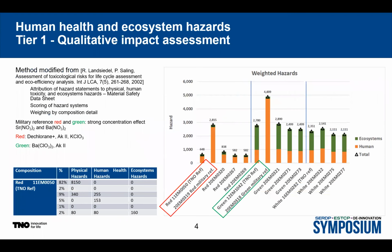So in this slide, we're doing in the first year a qualitative impact assessment. This is a rather simple method. Chemicals have hazard statements, risk statements, and you can assign a certain value to it. And these risk statements, hazard statements, have to do with the physical hazards, for an explosion, fire, can also be human health hazards, and can be ecosystem hazards. There is this method developed originally by the German company BASF